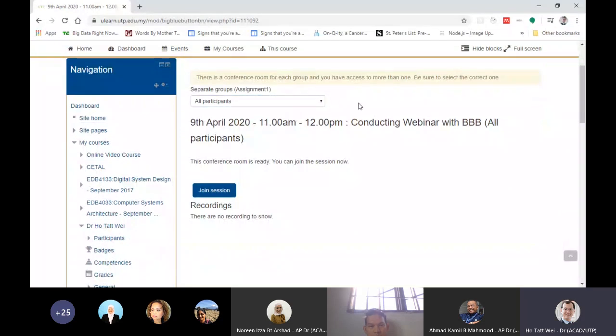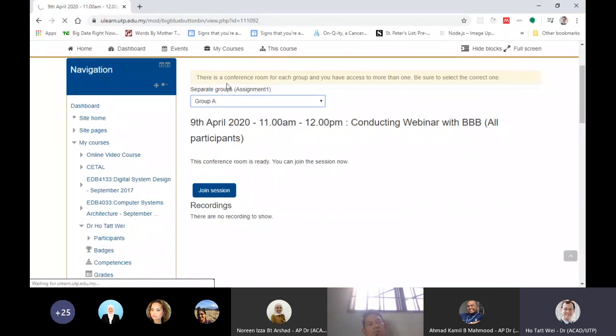And again, the reason I selected the grouping just now was to illustrate another feature. This same session, you can allow multiple different groups to join the session according to their groups. So the students in group A will only be able to see students in group A and talk to you. Students in group B will only be able to see students in group B and talk to you. Depending on how you set it, group A and group B may not be able to interact with each other. So this would be a feature useful for